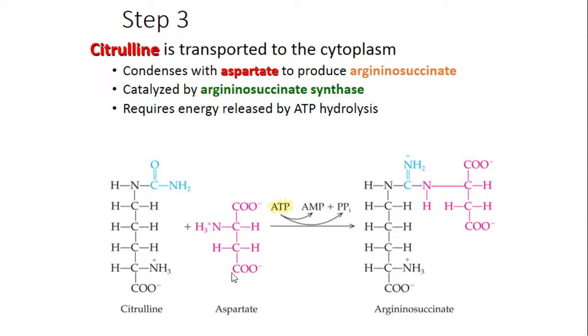Aspartate can be taken from dietary proteins also, and this is the direct way to take nitrogen from aspartate. Again, ATP. ATP is used for the condensation reaction, and again, note that we are using 2 macroergic bonds here because 1 molecule of ATP is converted to a molecule of AMP, not ADP. Aspartate is condensed, and you can see how through this amino group